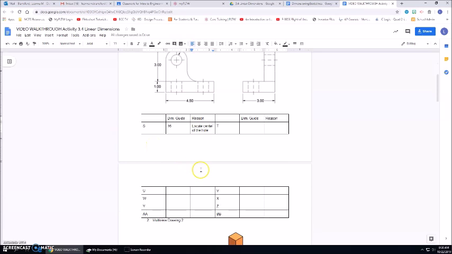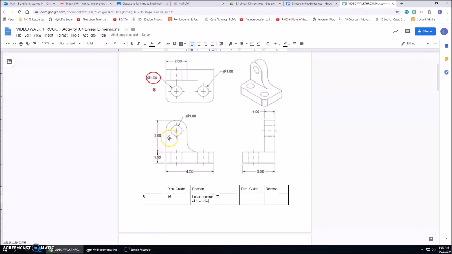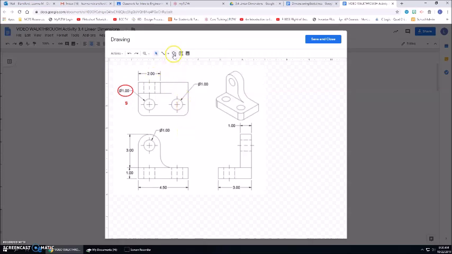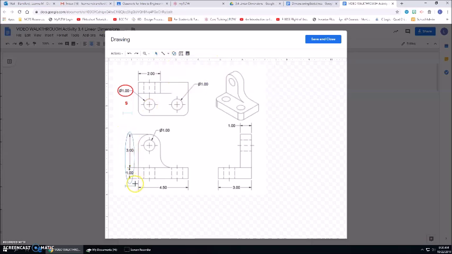So now let's take another look at our drawing. Looking over here, okay, we have a bit of a problem, and that is that we have a chain dimension to represent the overall height instead of just having one dimension. So I'm going to double click on this, go back into my drawing, and grab another circle. I'm going to put it around this whole situation over here, and we're going to make it transparent and red, thicken it up. I'm going to scoot it out just a little bit so that way I can see everything. Grab my text box, going to change that to red, and I am going to put this as the